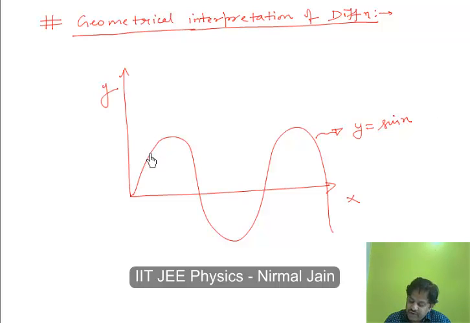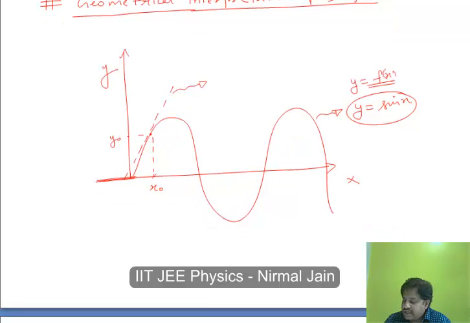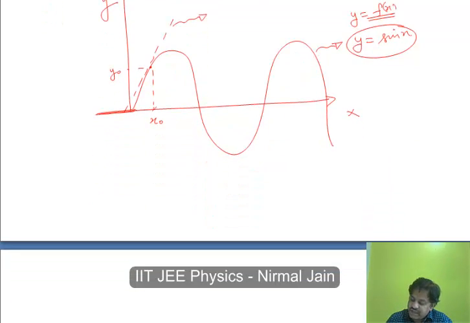Now if I have to find the slope of the tangent drawn at any point on this graph, let's say this is the tangent drawn on this graph at this point, which is, let's say, some x naught, and this height is some y naught. Then if we have to find the slope of this tangent and we are given the graph as y is equal to sin x or some other f(x), then we must know that